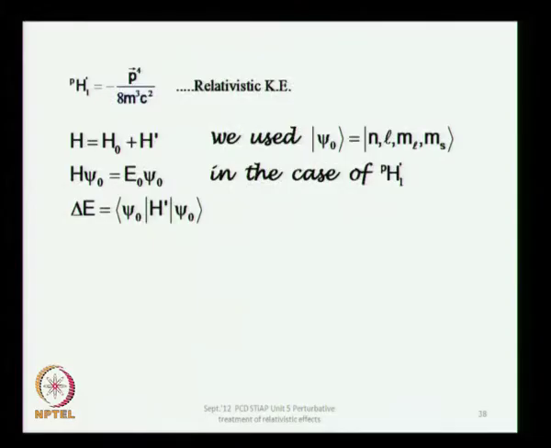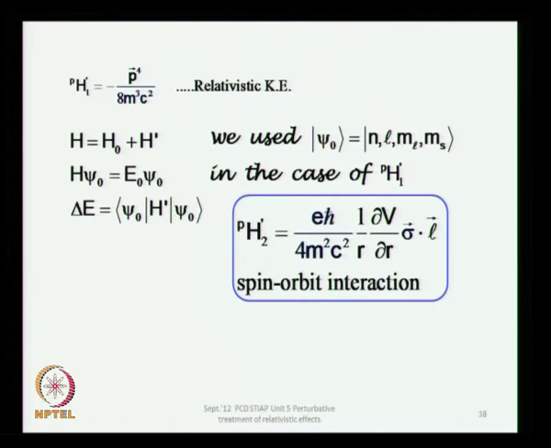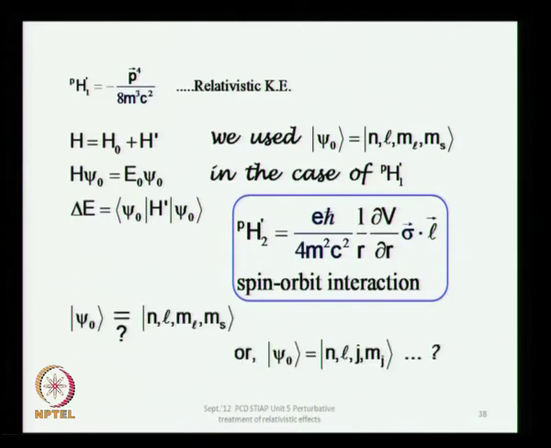For the relativistic kinetic energy term we used the n, l, ml, ms basis, and now we are going to deal with the spin orbit term, which is the sigma dot L, the 1 over r dV by dr sigma dot L other than the constant. So this is the correction which can be introduced perturbatively to non-relativistic quantum mechanics. And now the question again is whether we will use n, l, ml, ms, or would we use n, l,